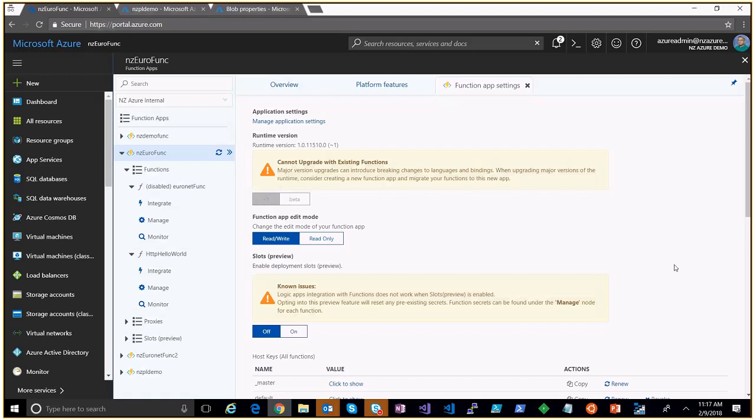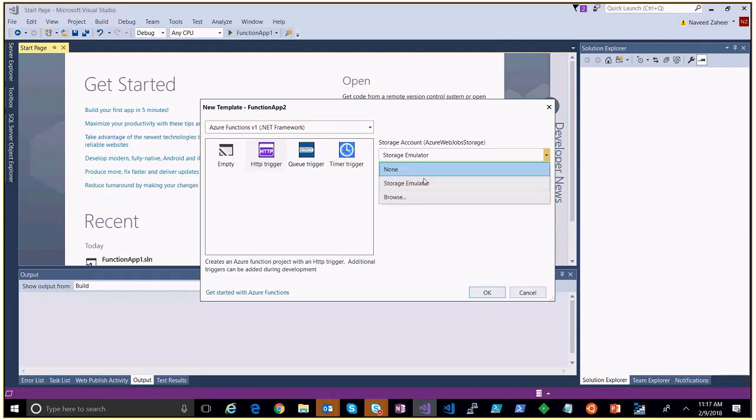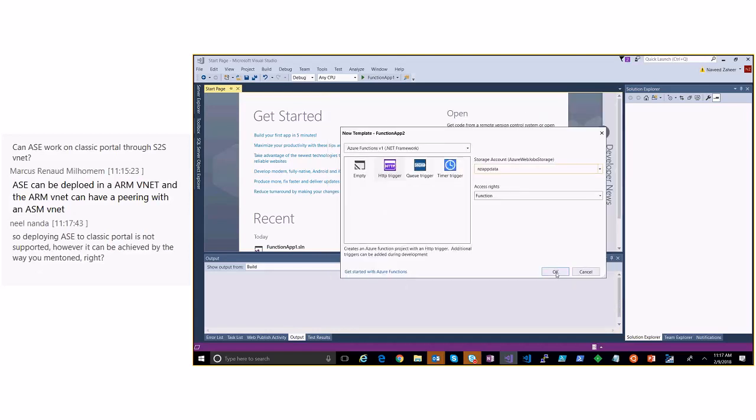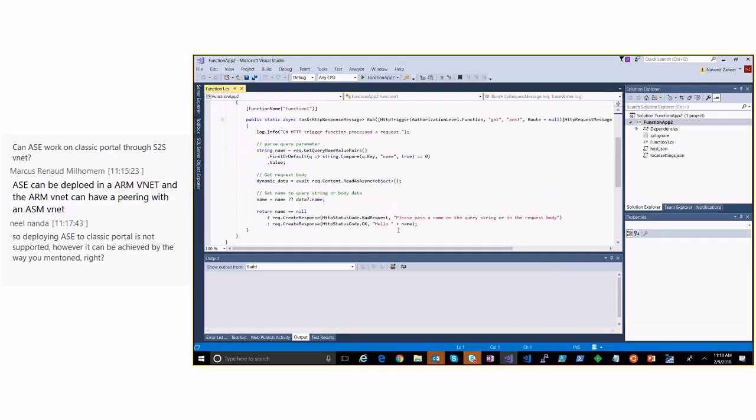Okay, so moving back, we go here, and let's say that we once again do a timer trigger. We're going to use a storage account, and we're going to pick an account from here, and that's pretty much it. What it will do is take a couple of seconds to create the project, and we can say hello from